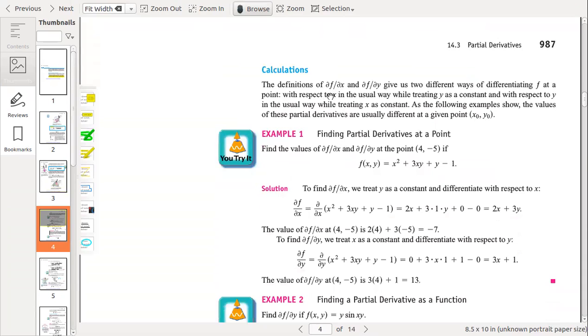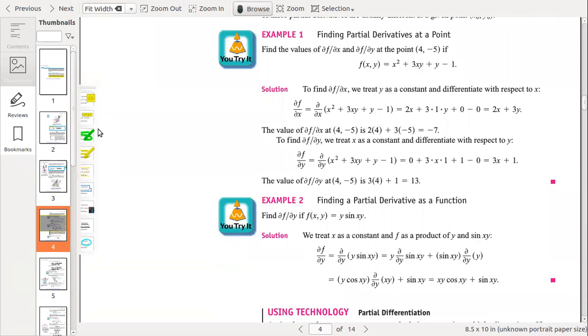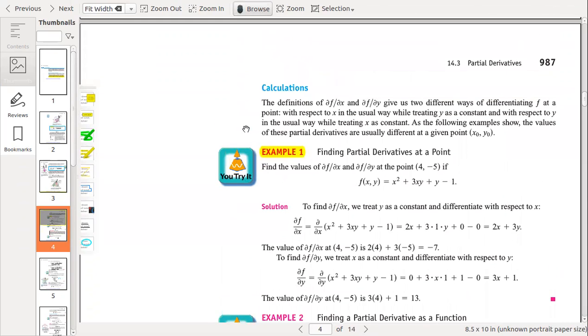So you can skip these calculations, and we will start directly with this example, example 1. Finding partial derivatives at a point. Find the values of partial f over partial x and partial f over partial y at the point (4, minus 5) if